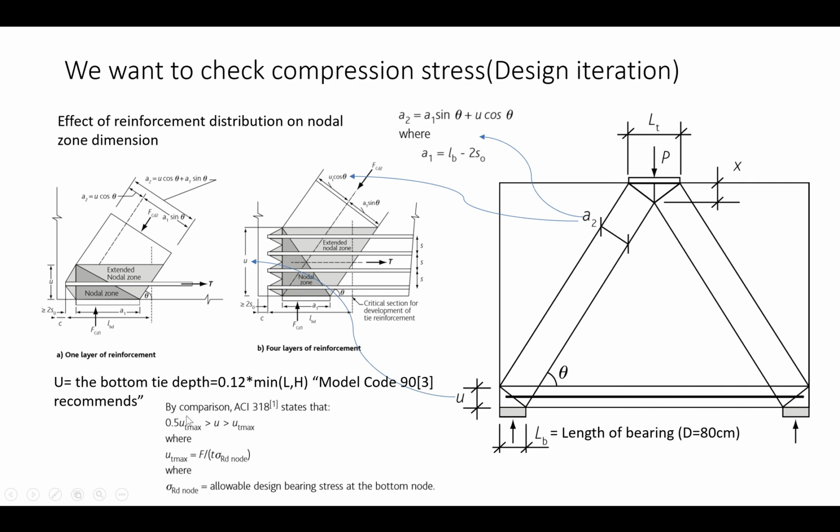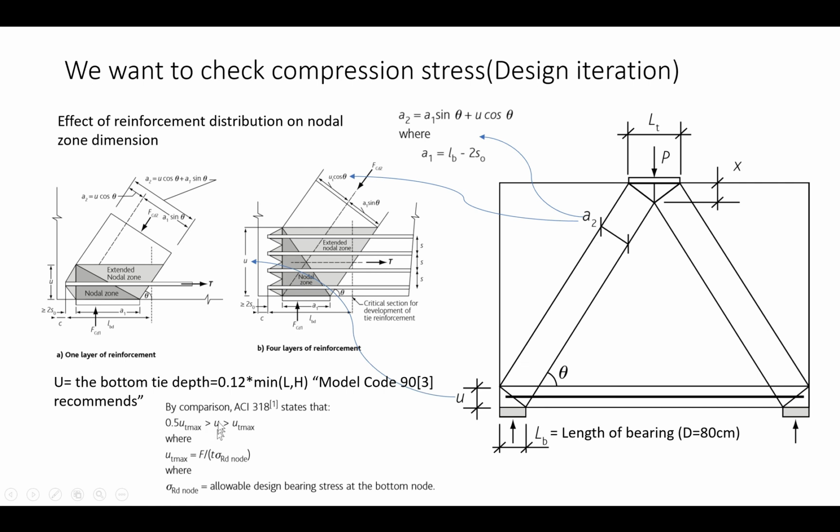We can calculate it based on 0.12 multiplied by the minimum of L, the distance from one support to the other support in this case, and H, the height of the section. But the code does not have a specific value; according to Model Code 90, the recommendation for the ACI 318 states that